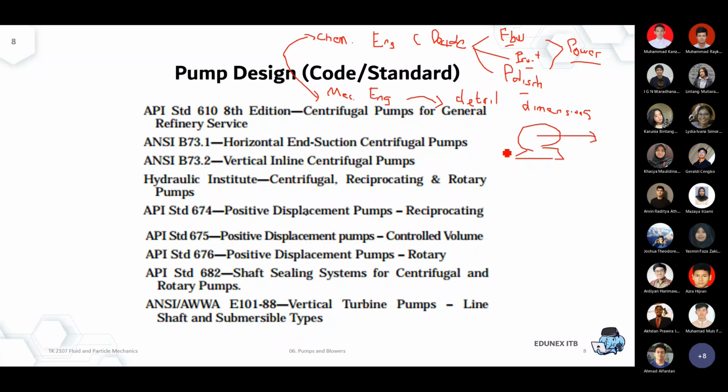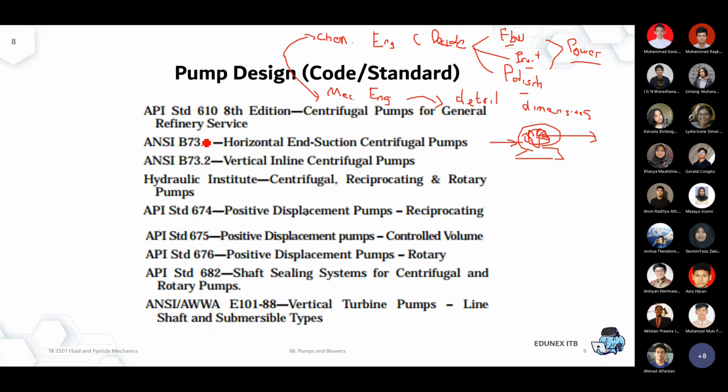So that's the centrifugal pump. It involves a lot of blades, an impeller that will rotate to increase the pressure of the pump. The size of the impeller and the angle of the impeller is really more of a focus of mechanical engineering. But at least we need to know the main types of pumps, so that we can select the correct pump for our application.